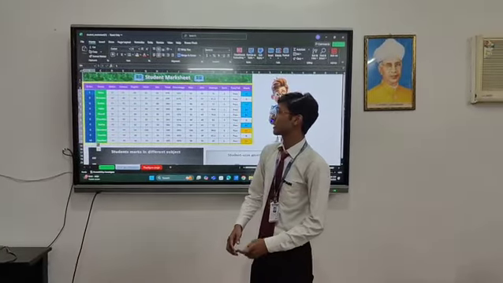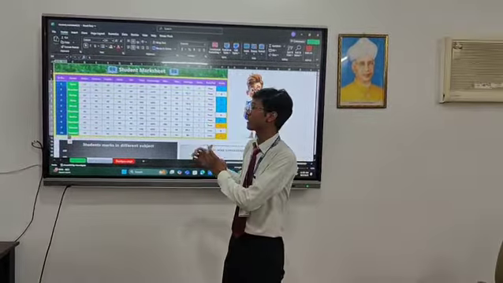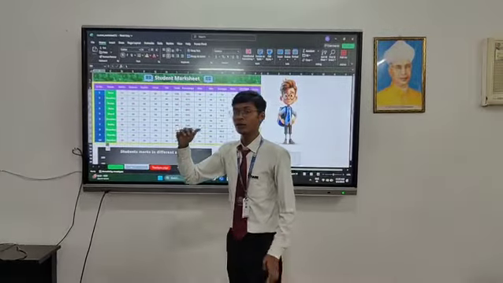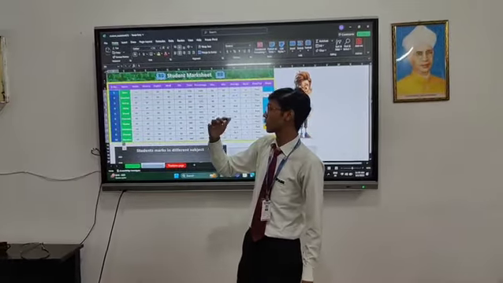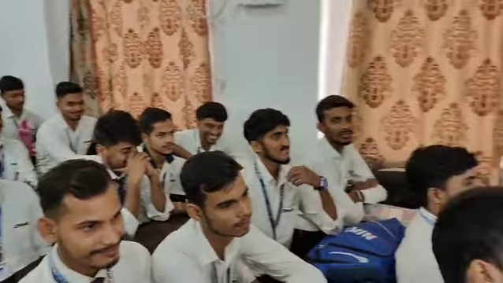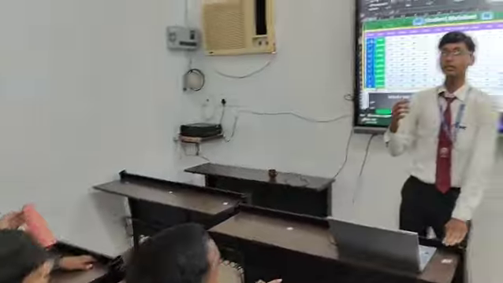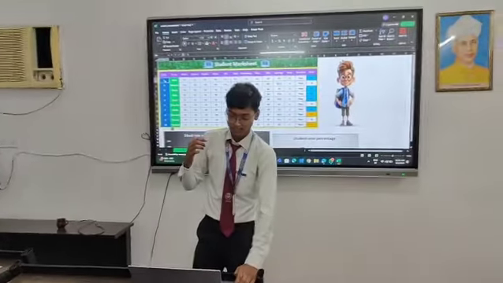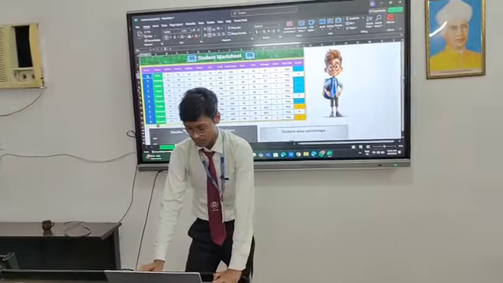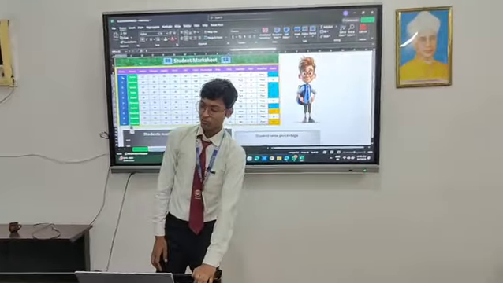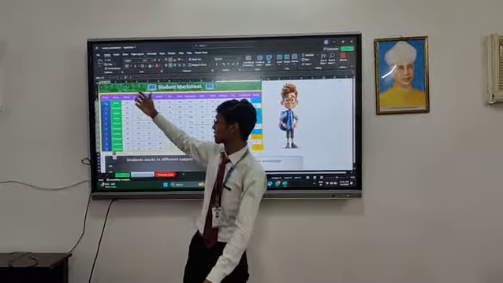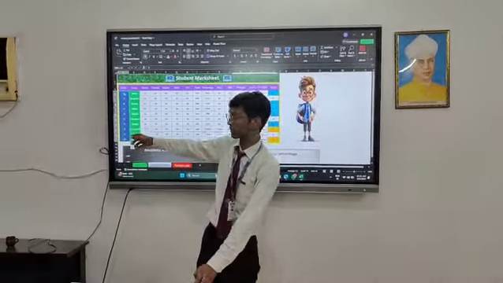So don't think that I am just here to show this to you all. I will remake it in front of you all practically. So let's start from the beginning. Firstly, serial number from 1 to 10. I will select from 1 to 10. The shortcut key to select any column till data is Control Shift down arrow. As soon as I press the combination of Control Shift down arrow, it got selected up to 10.